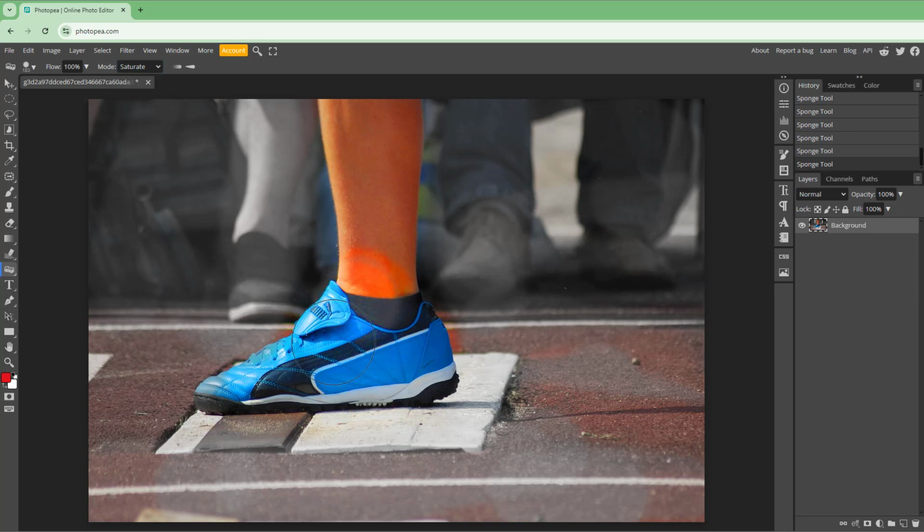You can also go around and get back the colors right here, just like this, and then desaturate right here, if it is too much. So that is how you can utilize the dodge and burn tool to saturate and desaturate elements